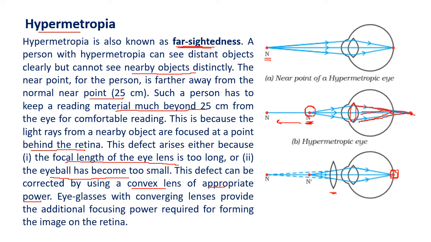A question of 2 marks can be asked. If it is of 3 marks, then you need to draw the diagram also. And if you are asked only myopia or hypermetropia, then you have to draw all these 3 diagrams to show normal vision, to show defect vision, and to show the corrective vision. In both the questions, in myopia and hypermetropia, asked separately, you have to explain it fully and even draw these diagrams.